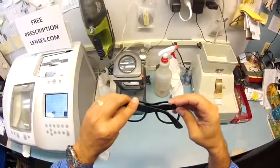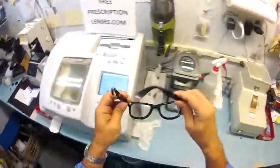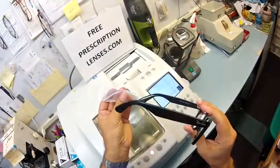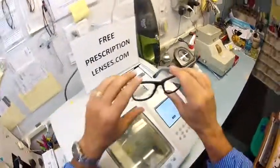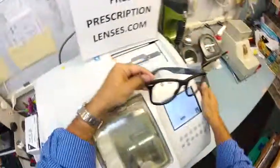I make sure that each temple is overlapped perfectly, and then the same amount of tension on each hinge, and there is. So I'm going to go ahead and get these ready for shipping. Put the plastic sleeve on the temple, and put them right backside in the case and get them sent to you. If anyone has any questions, just email me at